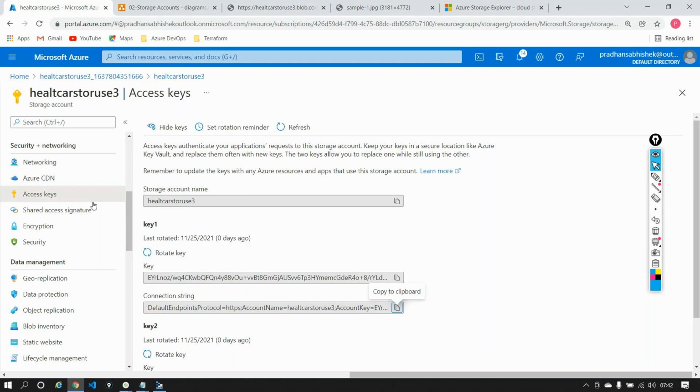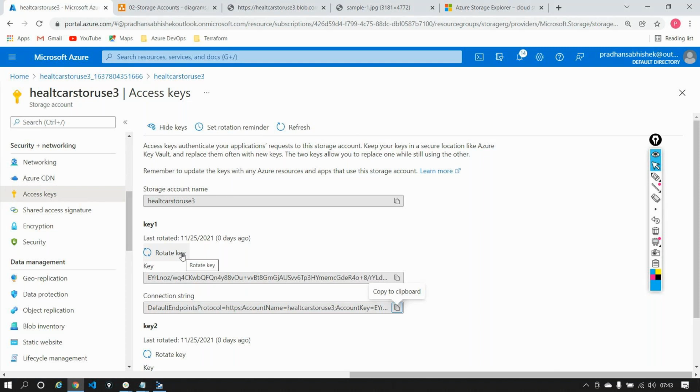The reason being, we don't generate this normally. But just in case you generate it, and let's say you want to change it, can you change it? Yes, you can do that with something known as the rotate key option here. Do you see an option called rotate key? Rotate key will regenerate the key, invalidating the earlier one.